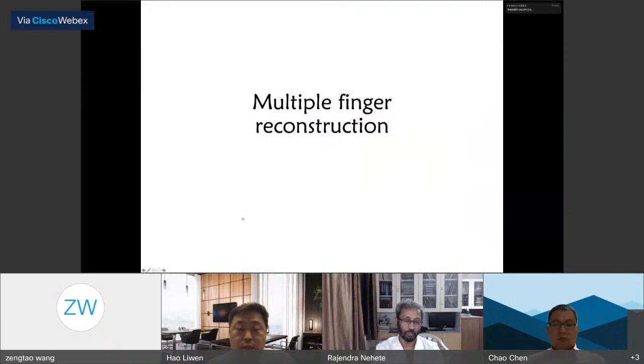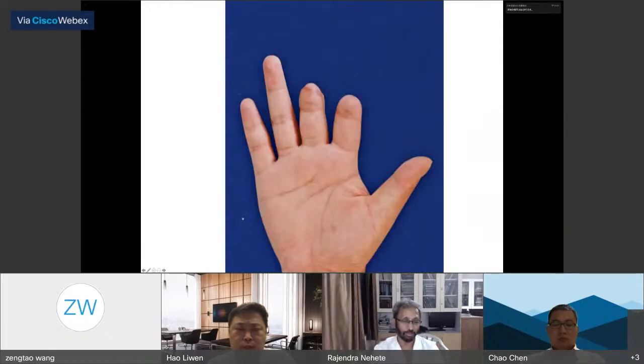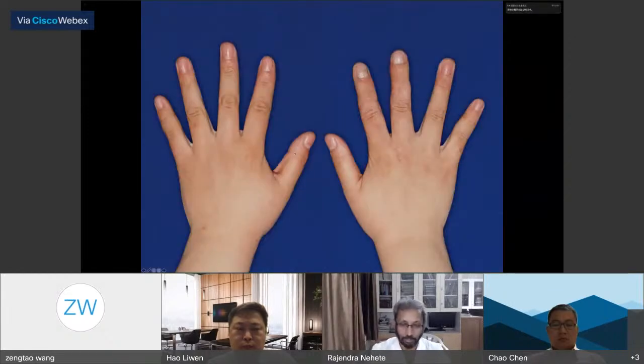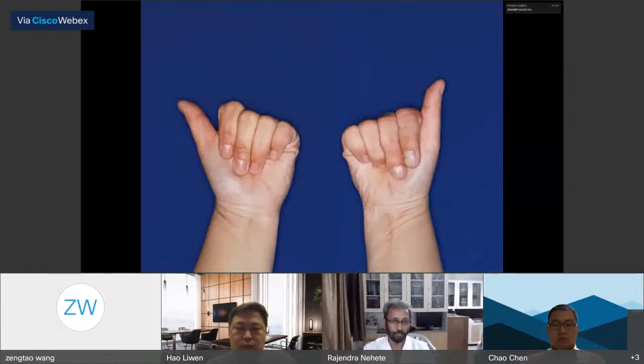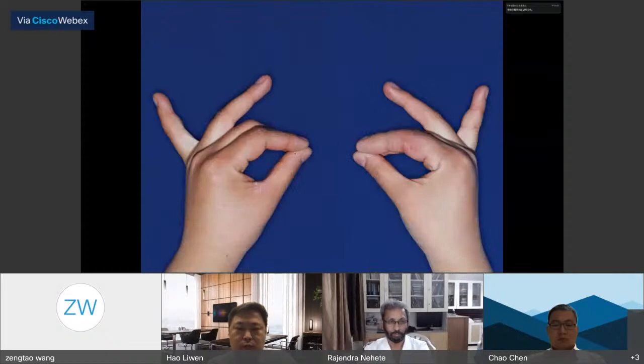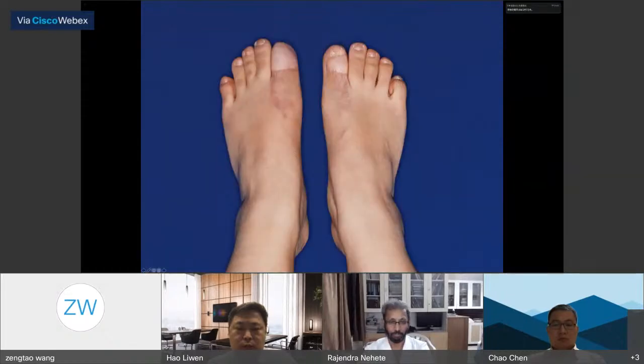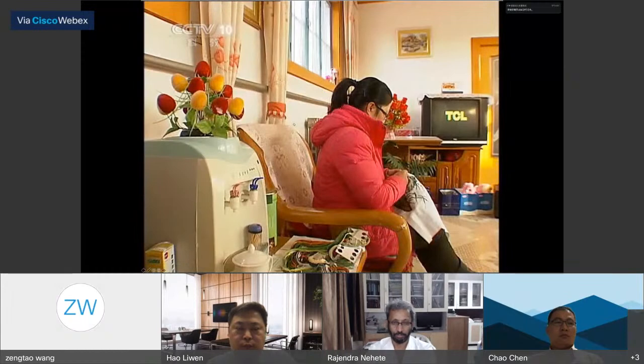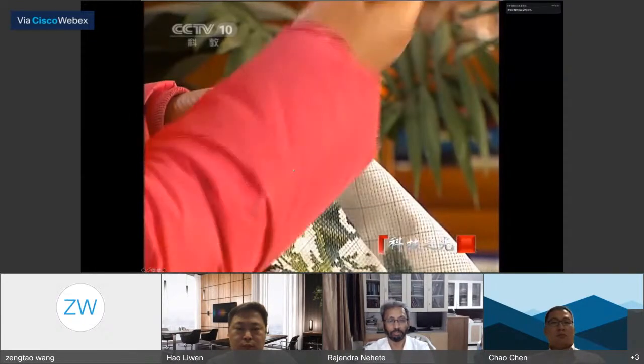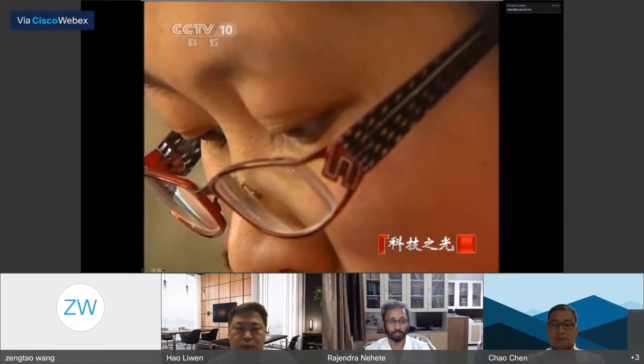And multiple finger reconstruction. This is the 2-finger reconstruction: pre-operation, post-operation, pre-operation, post-operation, and then the function, and the 10 toes just lose the nail. The right index finger and the right middle finger are